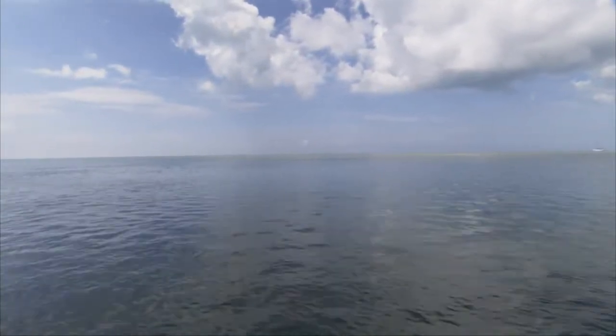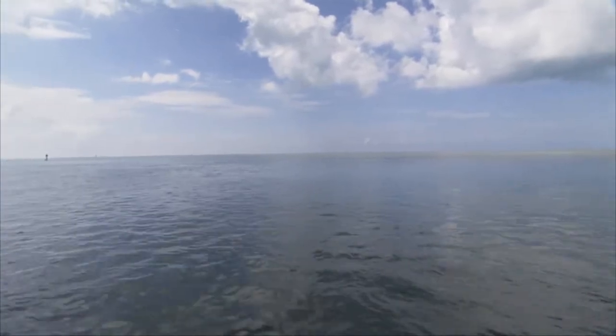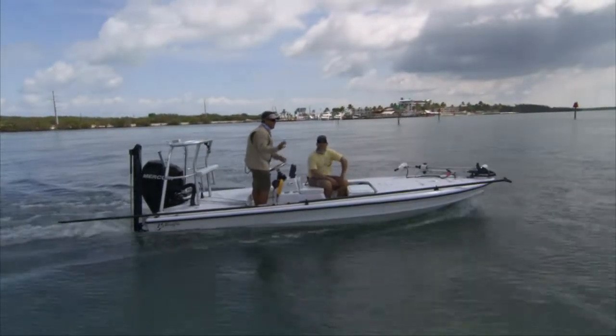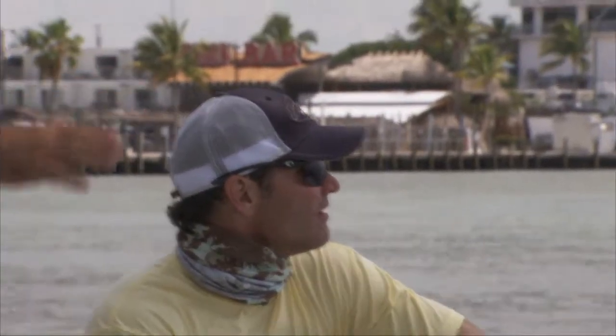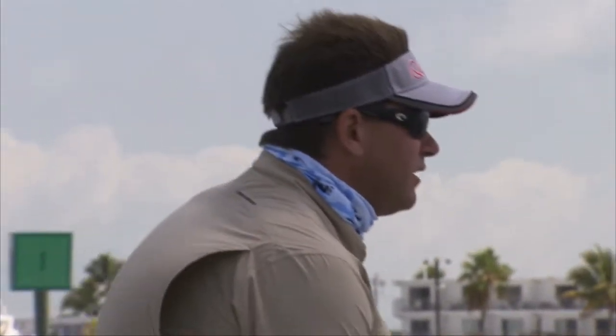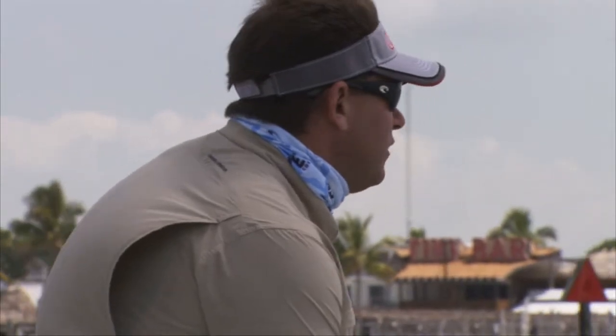So what happens if it gets cloudy? That's what I like. I mean, I'm happy. I think they're going to tail. As the light level drops, they'll go up even shallower, so I think we'll see them tail. And these are big fish, so they don't have to have real shallow water to show us their...